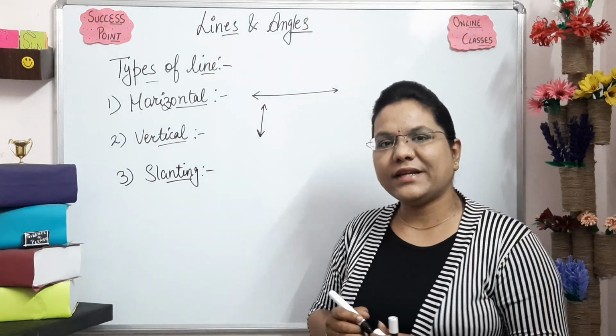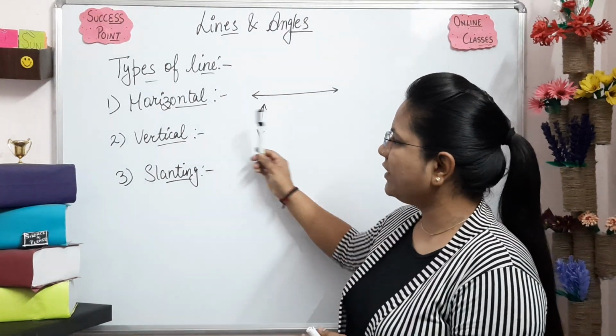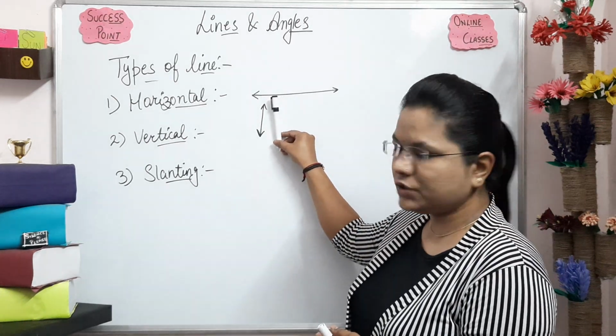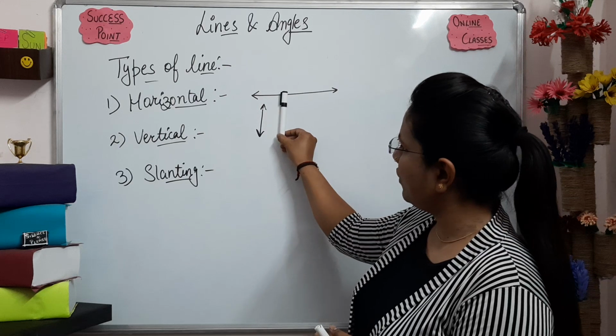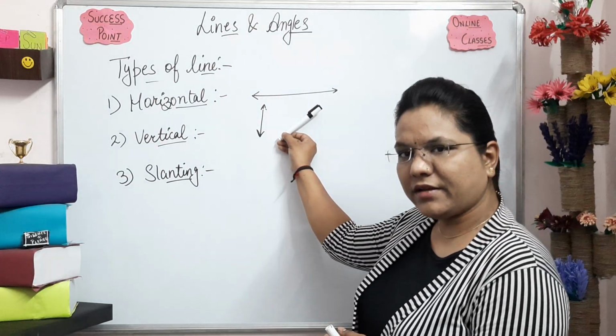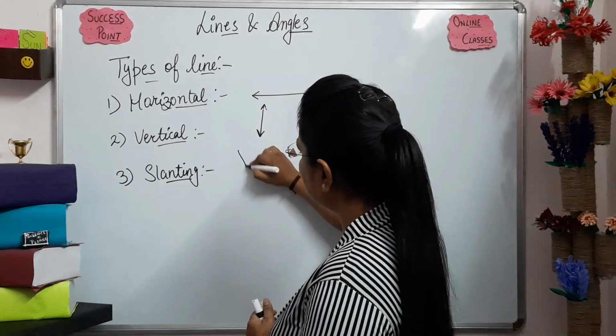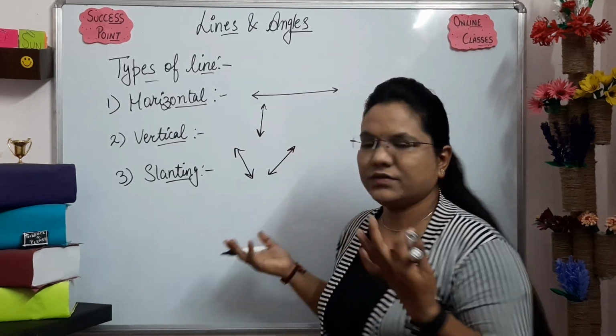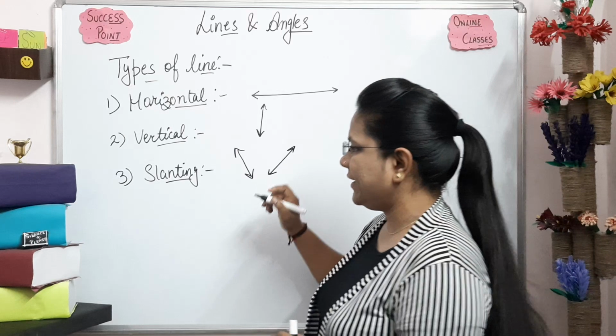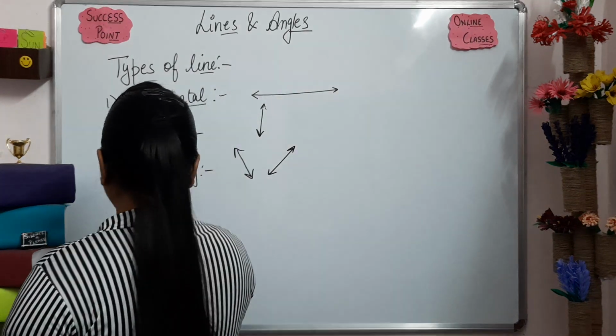So how to form a slanting line? Like we already did a vertical line in standing position. Now if it moves like this kind of line, or in this kind, this one we are calling slanting lines. This one or this one. Slanting lines. Moving to the fourth one, we have